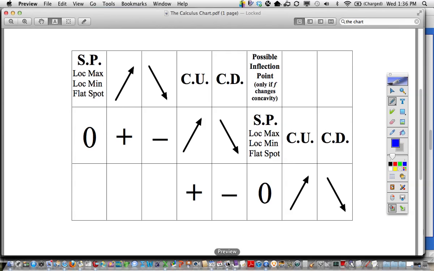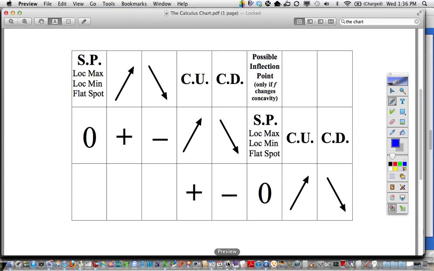If I asked where does F prime have inflection points, it would be at those same places. F prime would have inflection points when F prime changes concavity. Well, it's going to change concavity when this goes up and then down, which would be at A and D and F and H, right? Those would all be the same questions and the same reason. All right, so